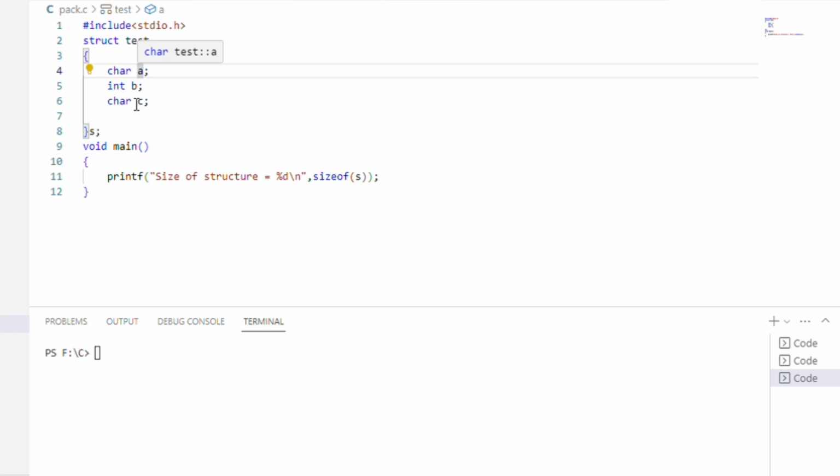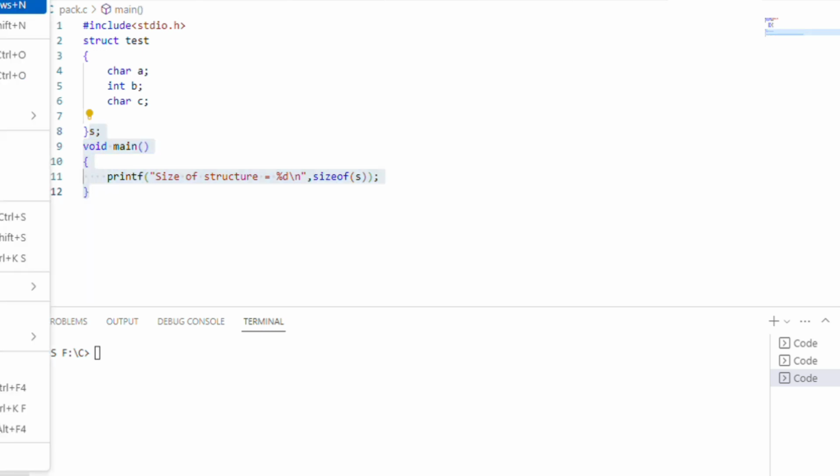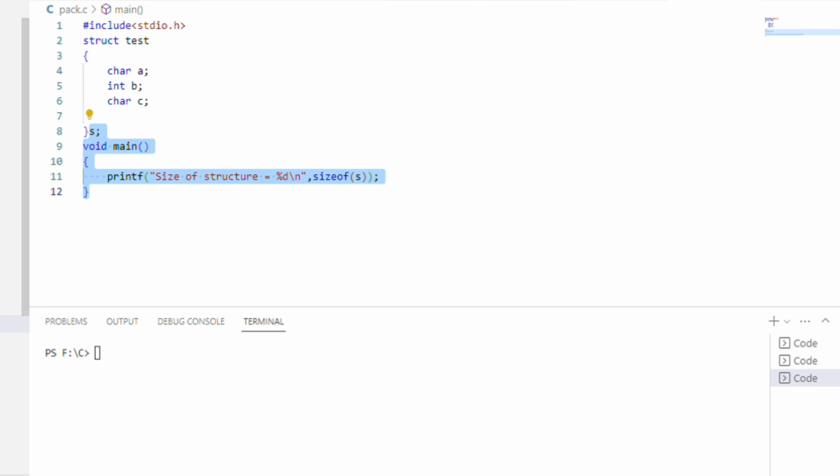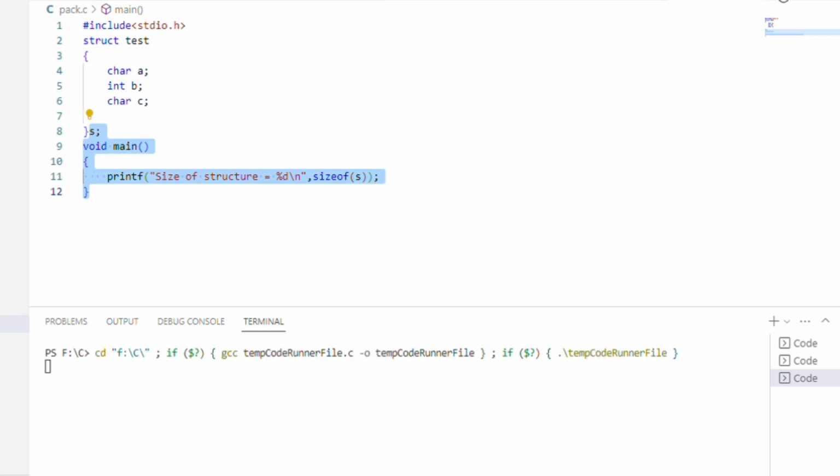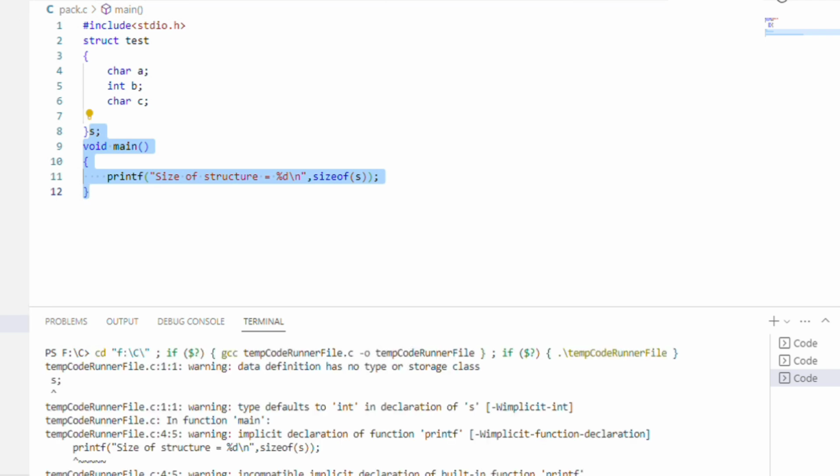So it is 4 plus 4 plus 4. I am going to get the size of the structure as 12 bytes. So let us see this now. Save this program, run the program, see here. So the size of the structure